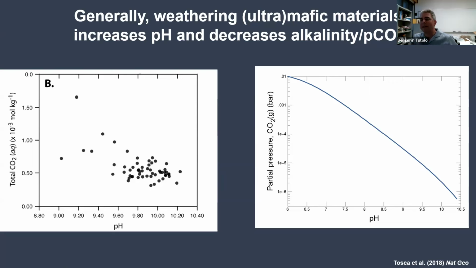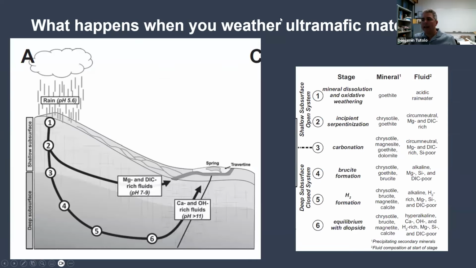But basically, what is happening is that because the concentration is fixed, but the solubility is increasing, the partial pressure is decreasing in that fluid. So what this suggests is that fluids in the subsurface of basaltic or even ultramafic rocks have high pH and low PCO2, because their pH is increasing through ion exchange reactions with the basalts. And again, this happens all the time. You can go to Iceland and see this.